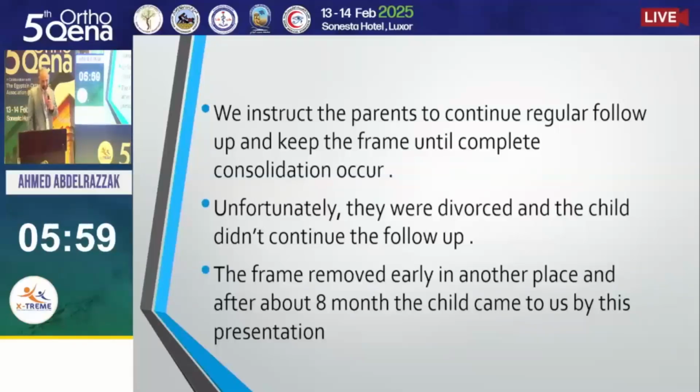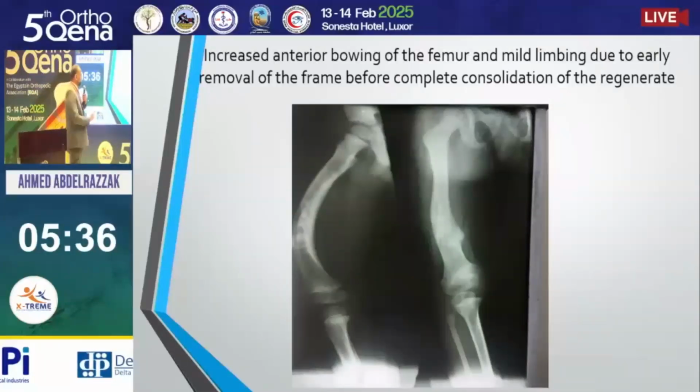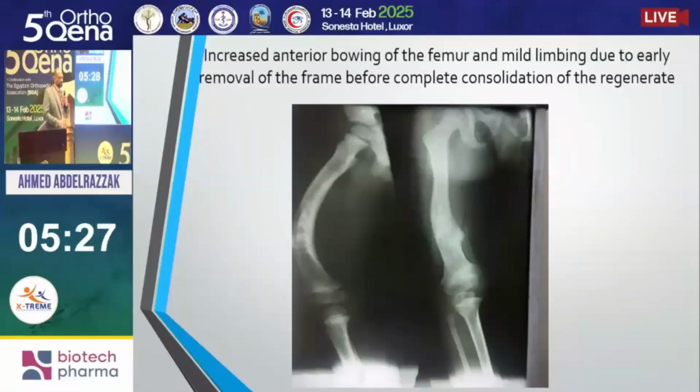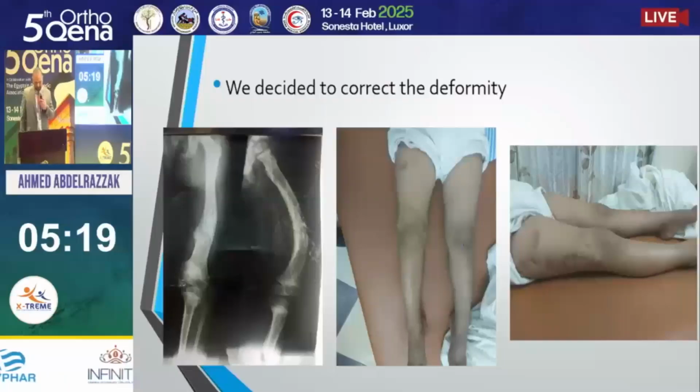The frame was removed early in another place, and after about 8 months, the child came to us with this presentation: increased anterior bowing of the femur and limping due to early removal of the frame before complete consolidation of the regenerate. We tried to convince the mother to leave him for remodeling to be corrected gradually, but she insisted on correction, and was accused by the father that she is the cause of the deformity. We decided to correct the deformity